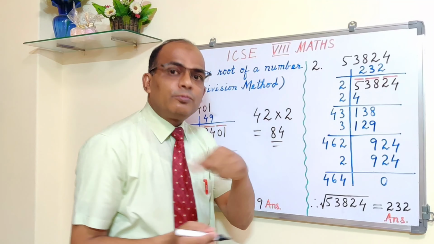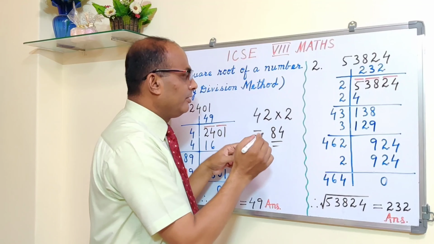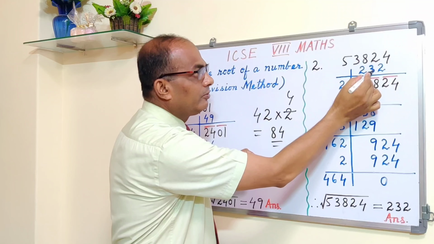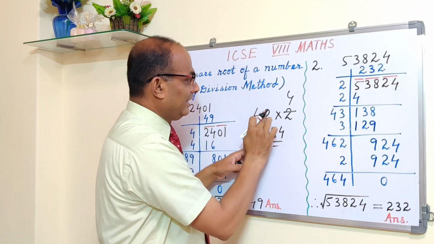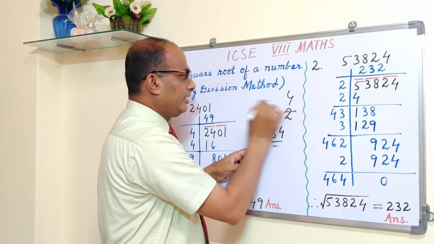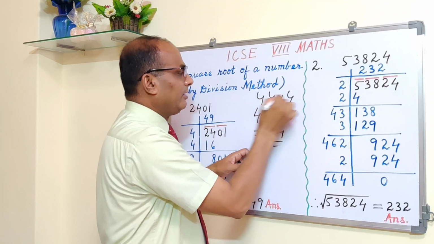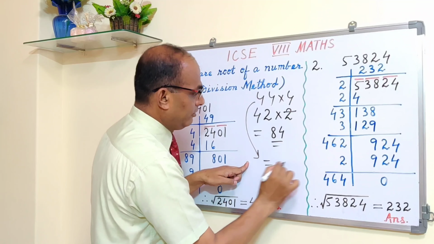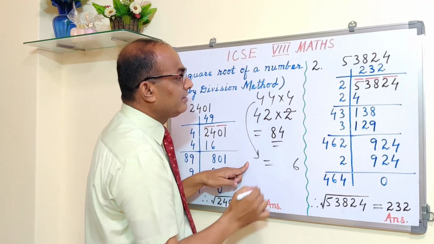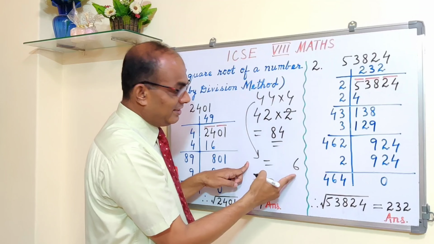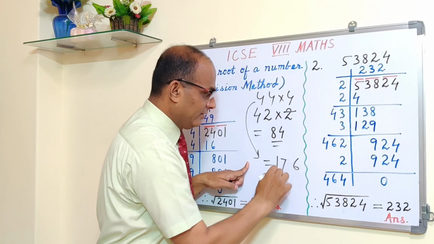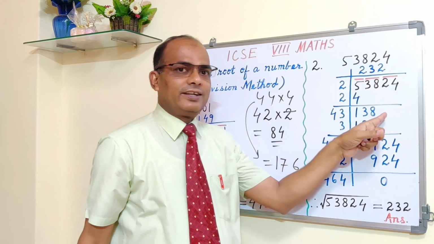And if you take 4, suppose in your mind, let's try by 4. So if you take 4, then you write down 4 here also and you have 4 here also. Alright, so in that case it will become 44. Now you multiply 44 by 4. How much are you getting? 4 4s are 16, write 6, carry 1. 4 4s are 16 and plus 1, 17. You are getting 176, which is more than 138.